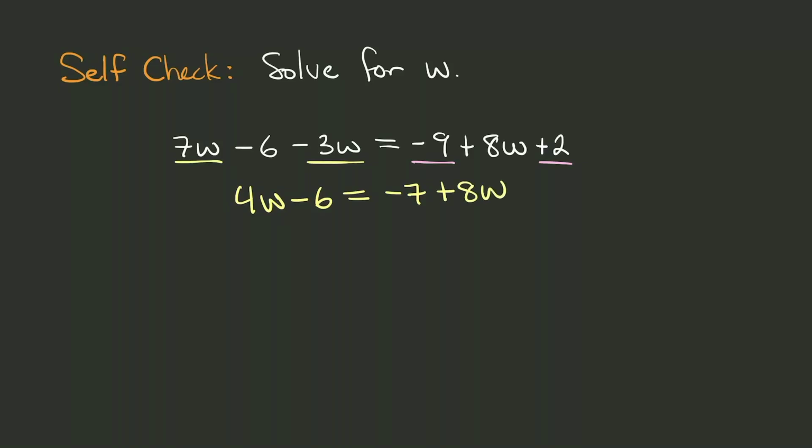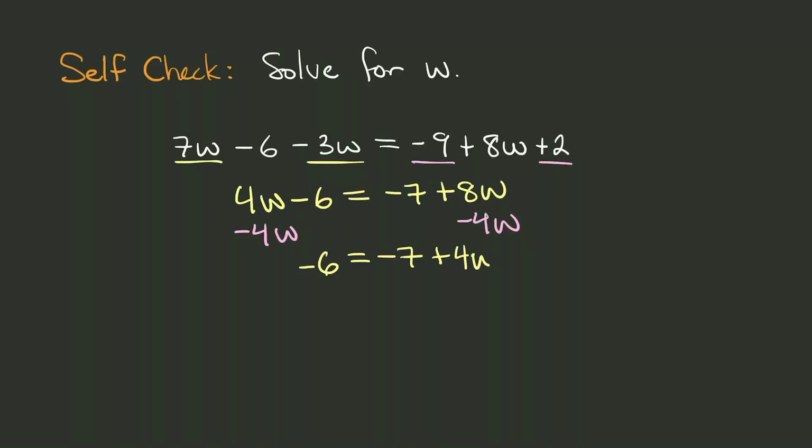Now we're going to move all of the terms involving the variable over to one side of the equation. And so this time I'm going to choose to move the variable terms to the right. And so I'll take and subtract 4w from both sides. On the left-hand side, that's going to leave me with a negative 6. Now be really careful here. This negative sign corresponds to the 6, and so it needs to stay with the 6. And then that's going to be equal to negative 7, and then we have 8w minus 4w,